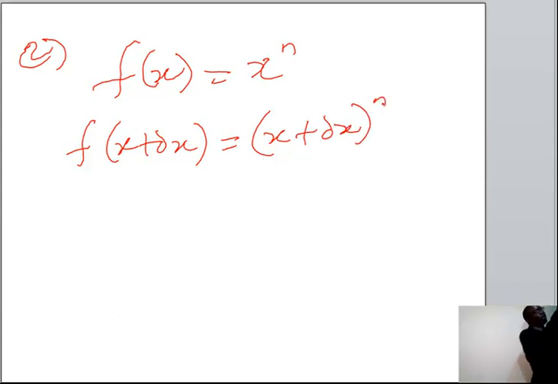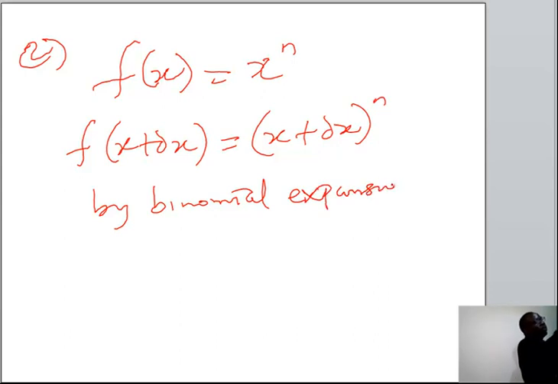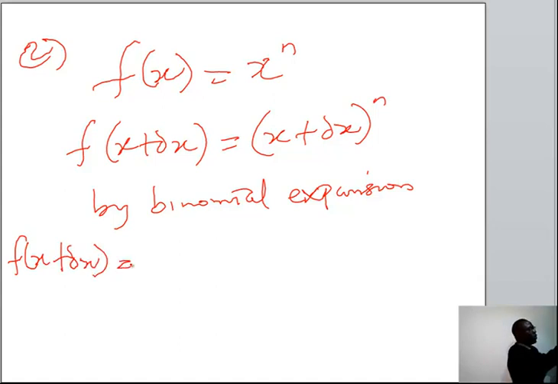Now, using binomial expansion, I'm sure you have been taught binomial expansion in MTH 101. You expand this. Now, you have your f of x plus dx equals x raised to power n plus n x raised to power n minus 1 dx, now plus